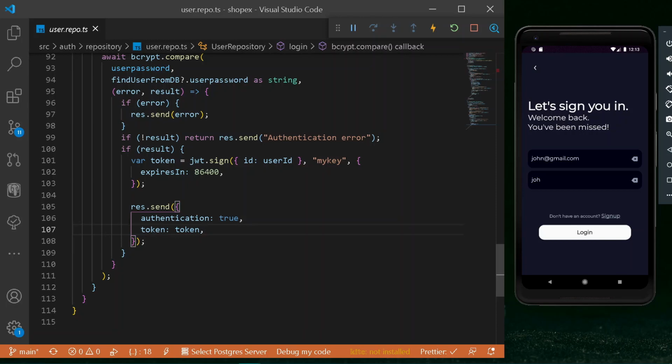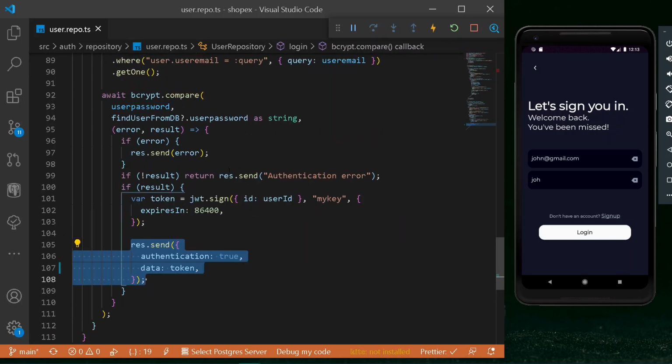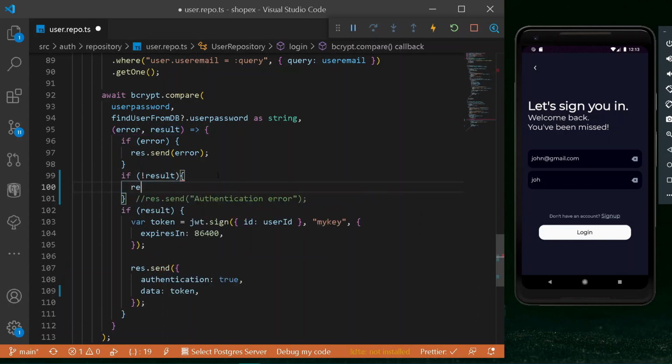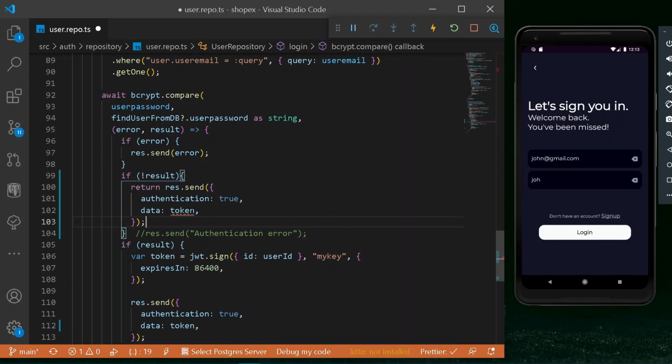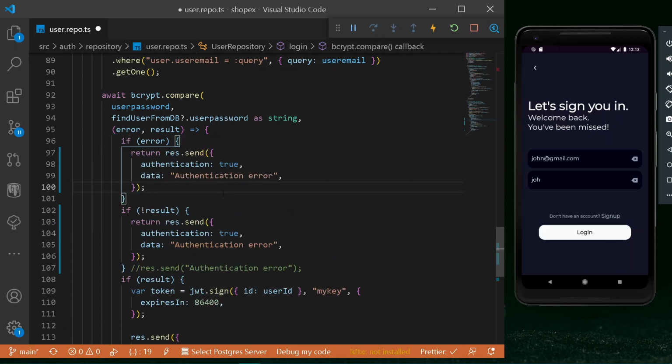But you know what, instead of this I will be writing here a data just like this, and I will be copying my following format from here and I will be sending such a format everywhere. So for instance, instead of having a send authentication, let's comment it off, and here let's have new big thick angular brackets. And here I will be returning the following data, that is res.send, but instead of having this thing that is token, I will be copying my authentication error and pasting here. And same thing that we have done here, I will be copying this thing here and also sending here if nothing went right.